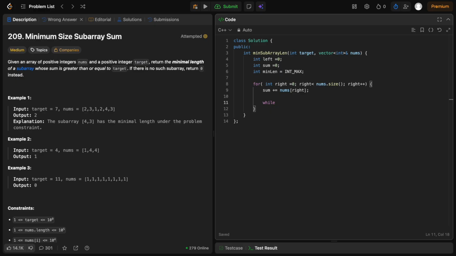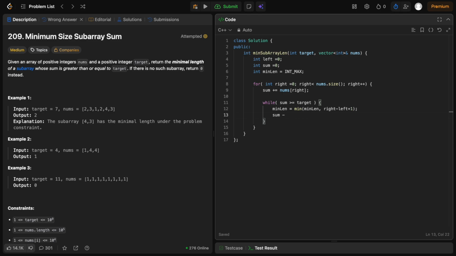Now we will have a while loop, and what we will check is, we will check our condition if sum is greater than equal to target that we want. In that case we will update our min length, which is equal to minimum of previous min length and the length of current window, which is right minus left plus 1.